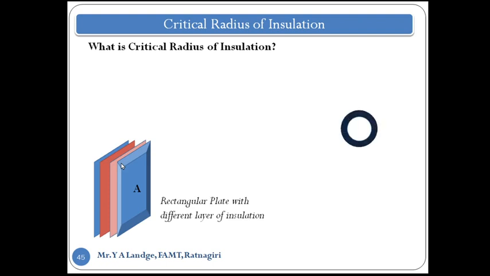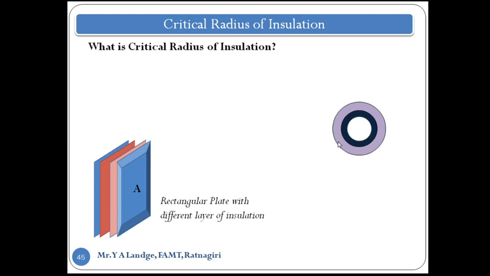Now consider a pipe which has a certain thickness. Now this is the surface area exposed to the surroundings. This is the area we calculate on the basis of the surface area, and that is 2πrL. Now on this pipe I wrap an insulating material which has a certain thickness. Initially the area is this one, the area is 2πr1. Let's consider r1 is the outer radius of the pipe.